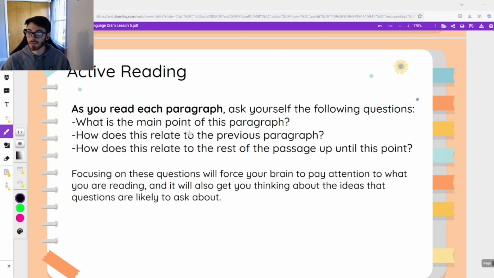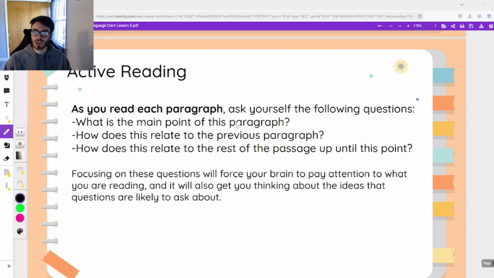Is it a contrast from the previous paragraph? Is it maybe a study that is providing more evidence for what the previous paragraph was talking about? How does it relate? And then how does it relate to the rest of the passage? Is it providing evidence that supports the main point of the passage? Is it providing an opposing viewpoint? Things like that. Focusing on these three questions, not only will it give you a stronger understanding